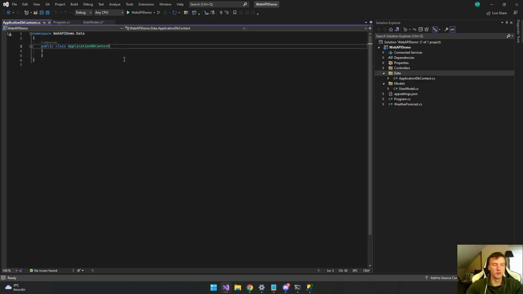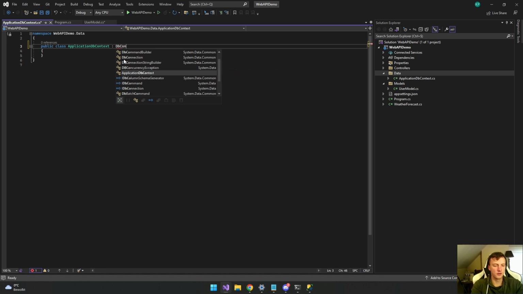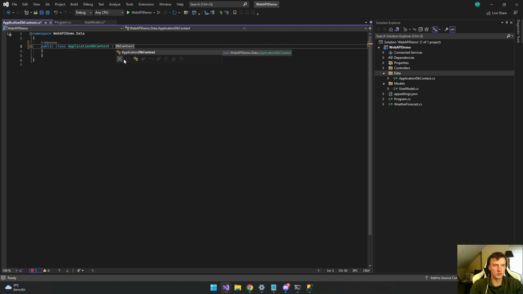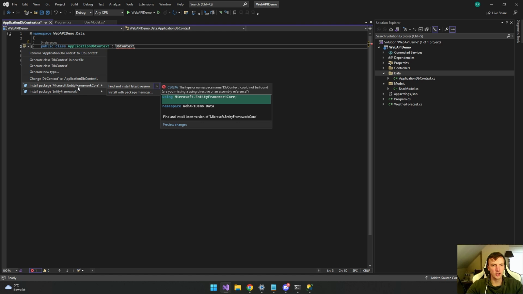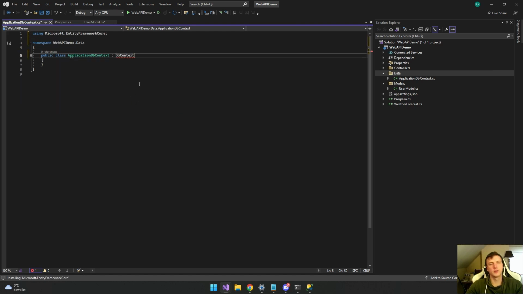This is going to be a public class and it's going to inherit from DbContext. You're going to install the package Entity Framework Core, install the latest package. Great.